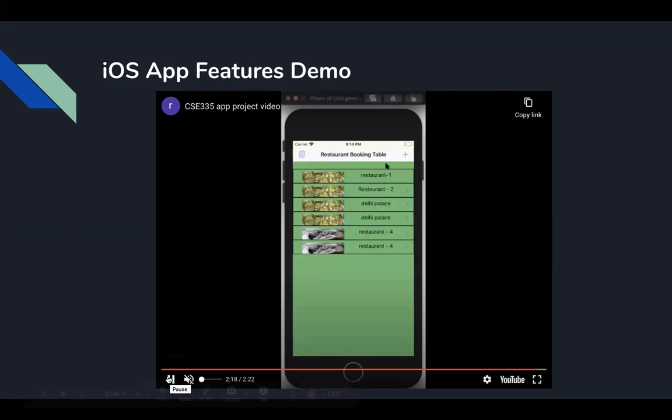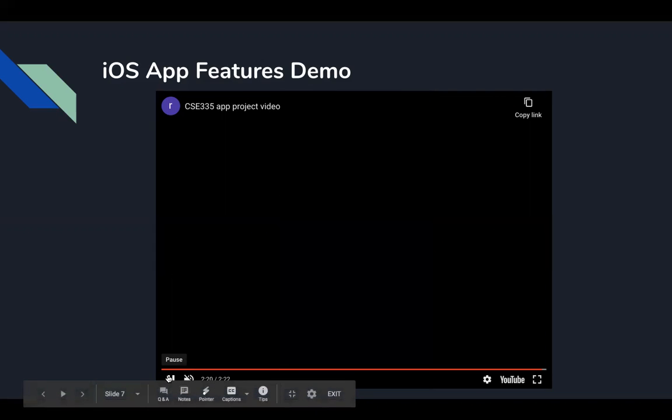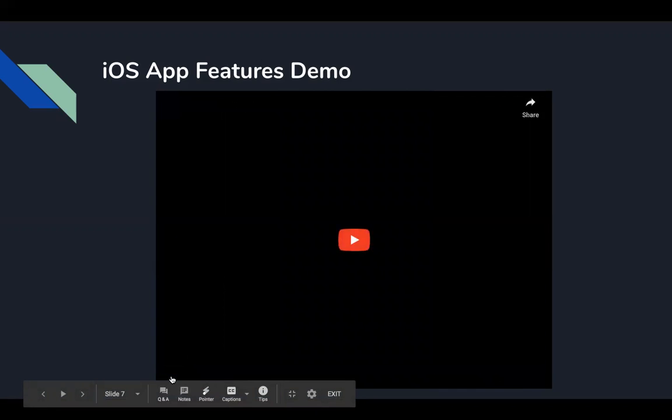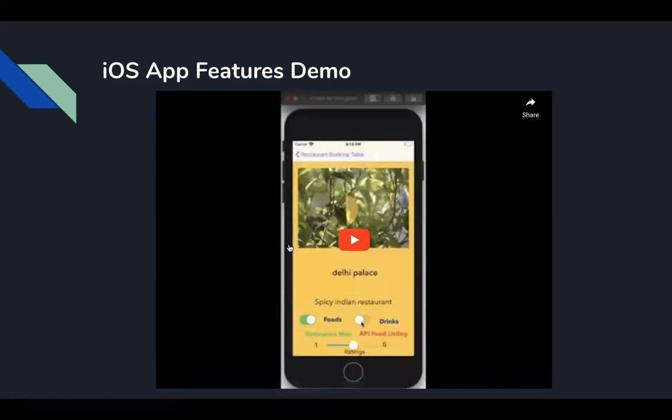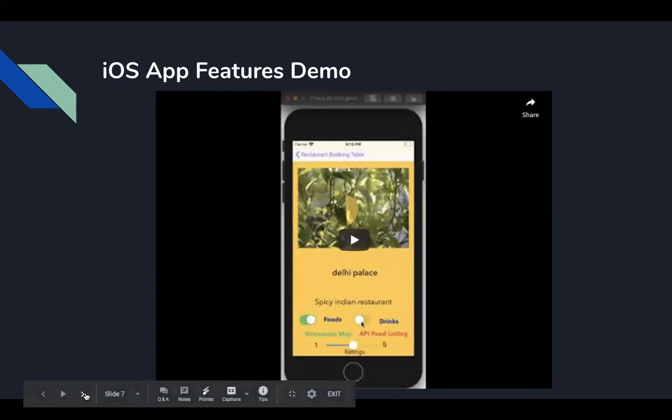As we go back, we can see that there's a list of all the restaurants in a table view. That's the app demonstration, the demo video, and the app has been built using Swift programming language, done in Xcode. Now moving on from the app which I've built,